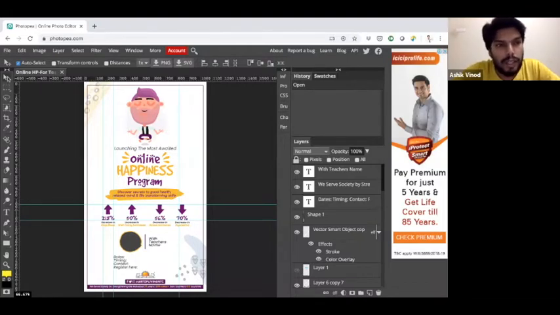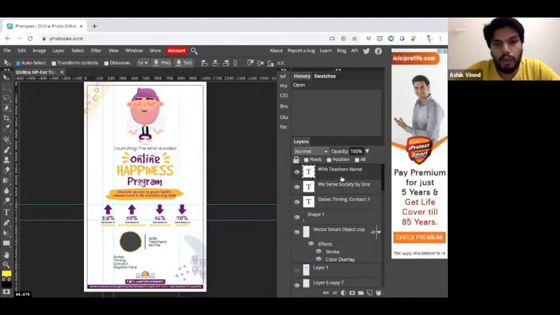On the left side, you will see the toolbar. On the right side, you will see the layers panel. And in the center, you have the main work window. These three things we'll be working with today.